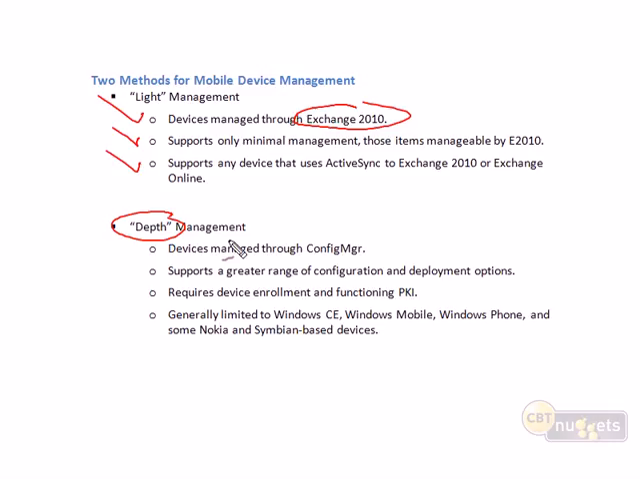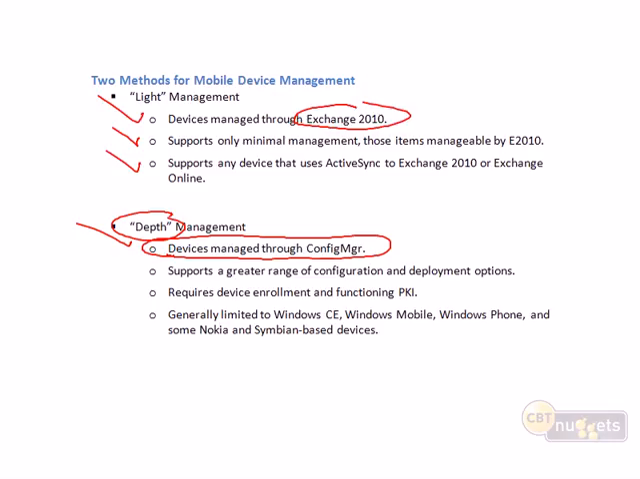Now, what's very important and very different about this is that when we move to depth management, the devices are no longer managed from Exchange, but instead are managed from Config Manager. And so the device is going to need some way of communicating with Config Manager and your Config Manager site servers for it to be managed. There is the ability to create a hybrid management scenario where devices are connecting to both Exchange and Config Manager for some of those settings. And if you implement that,